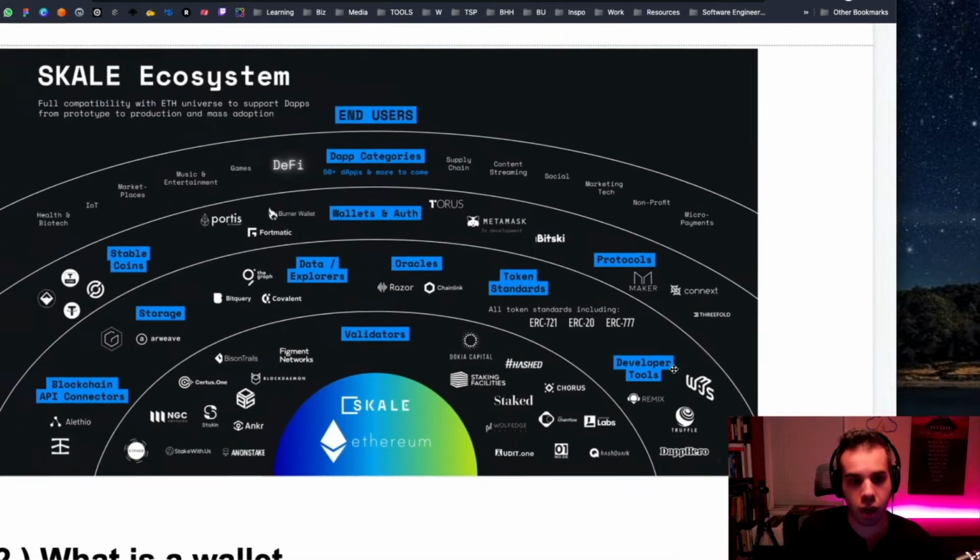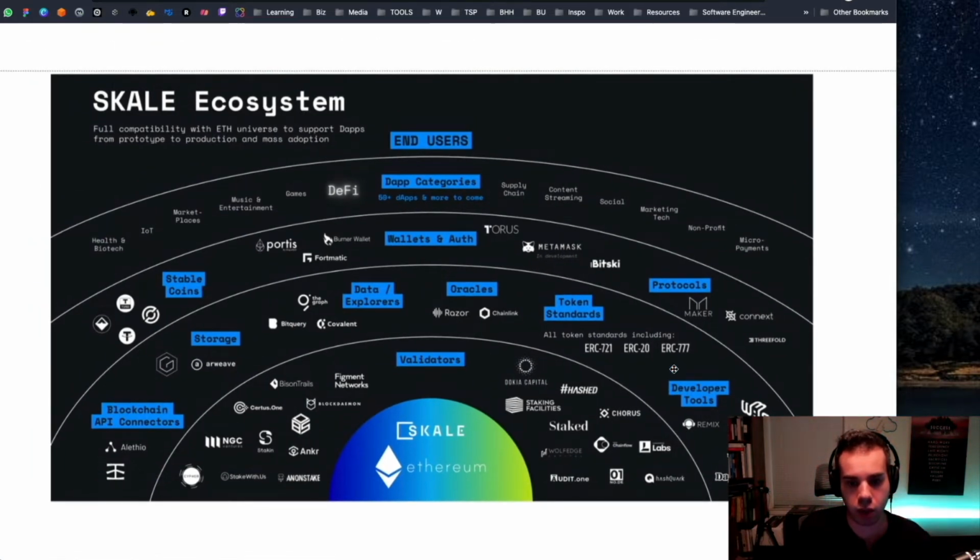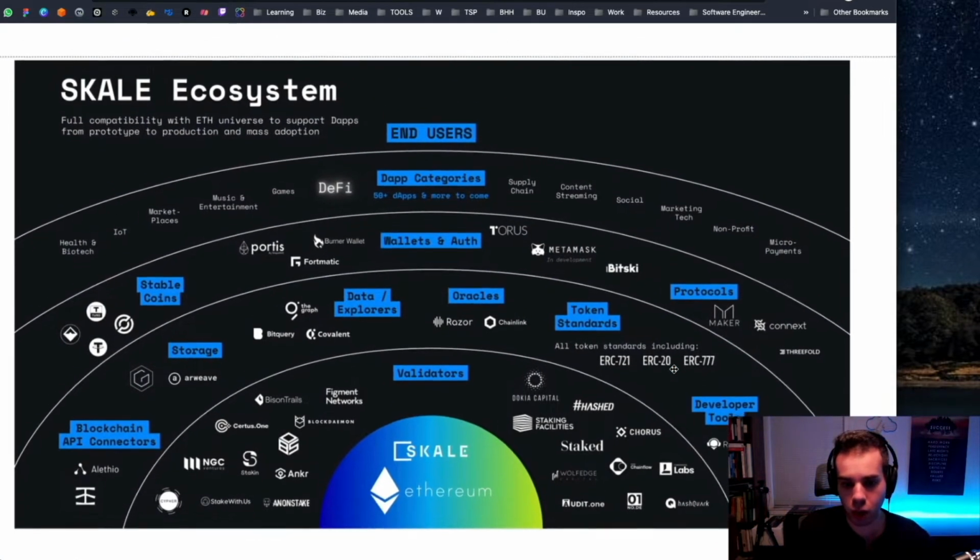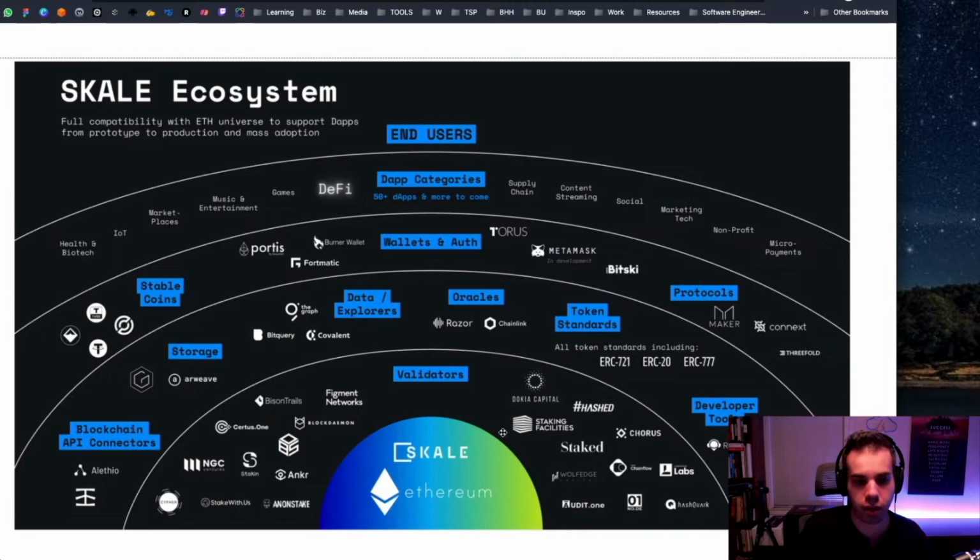That's the first one. And this is just another one from Scale. Scale is a layer 2 solution built on Ethereum. I want to show you that around Ethereum, there are validator networks that help bring safety and security to the blockchain network. There are also data explorers such as The Graph or Covalent, which is an API for blockchain. There are also oracles such as Chainlink. There are different token standards.